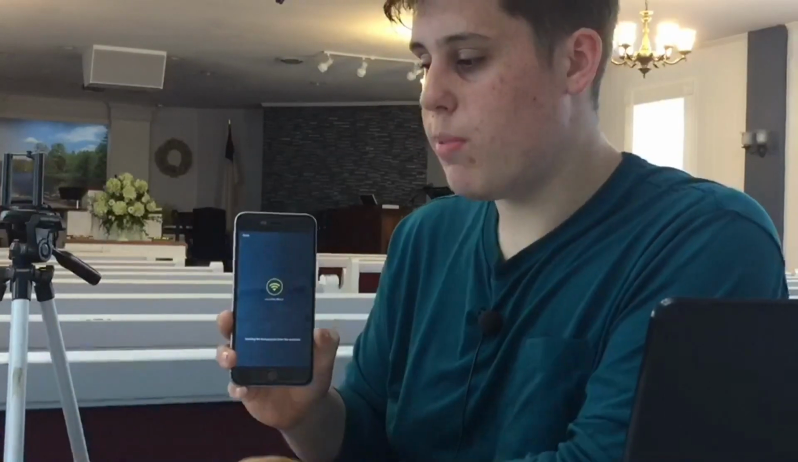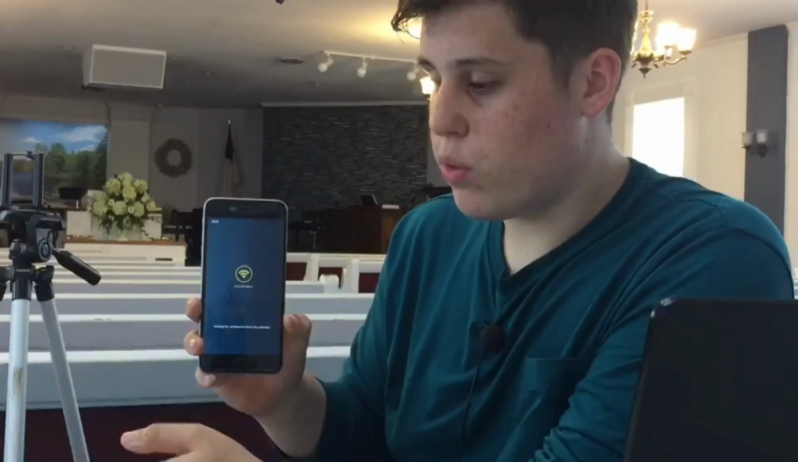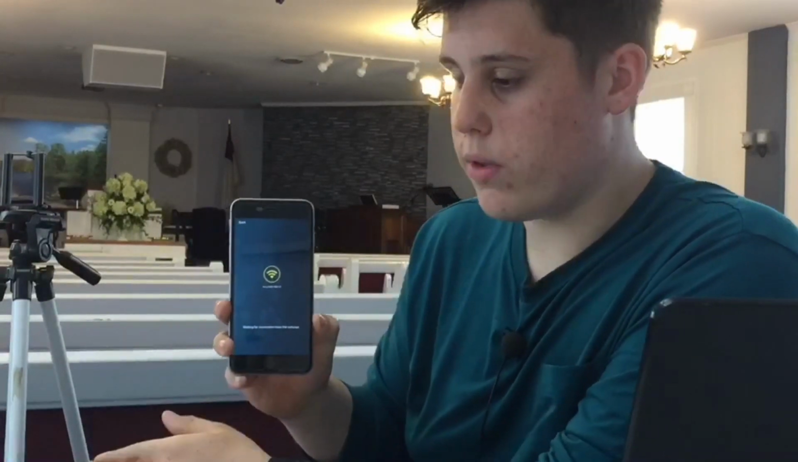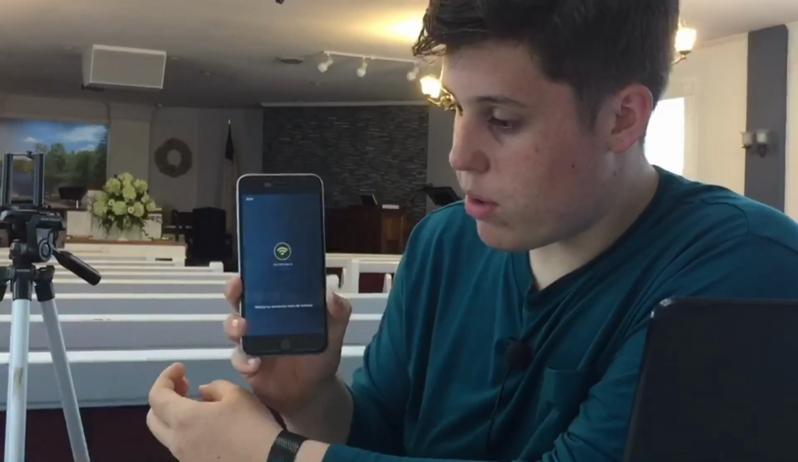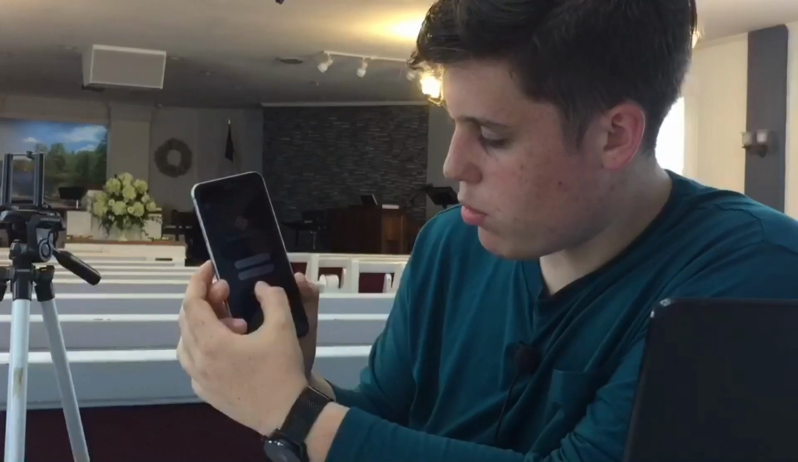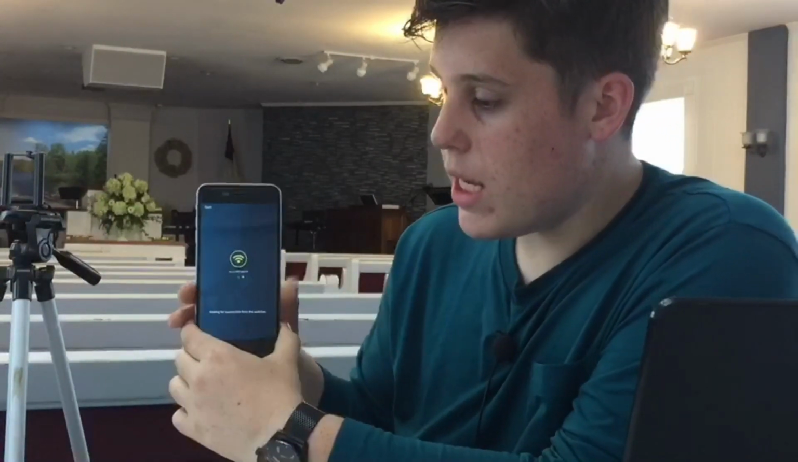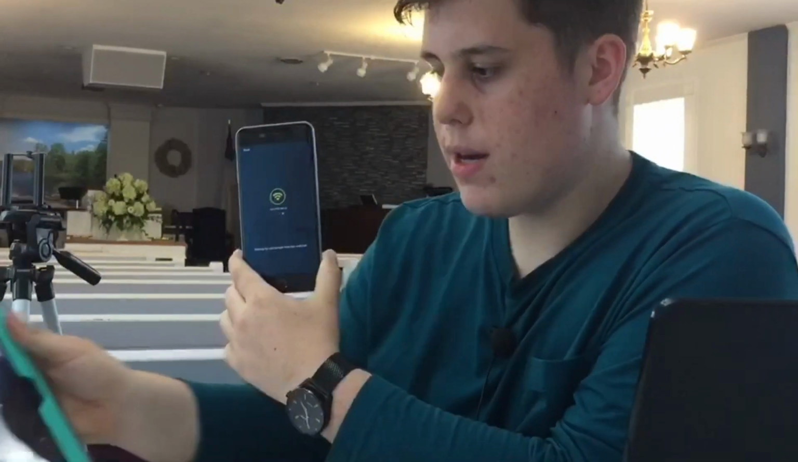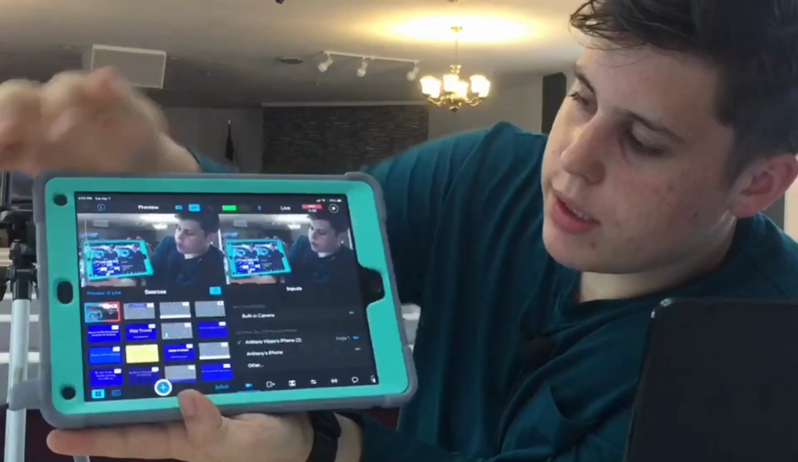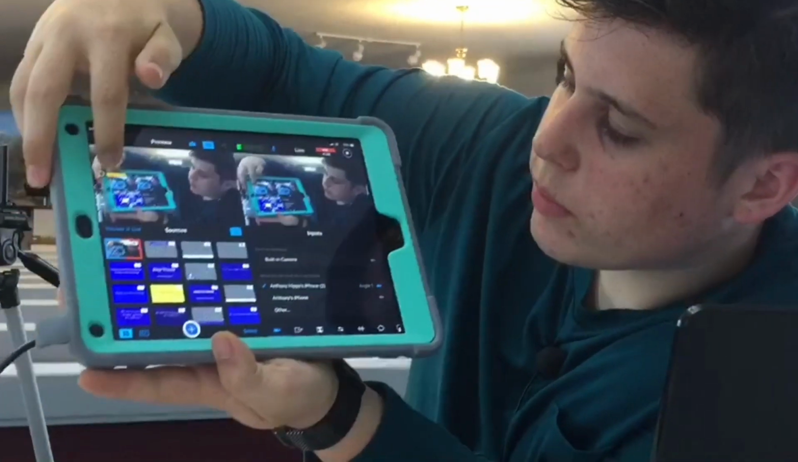So go ahead and put them on the same internet connection and open up Switcher on your Switcher device, so your iPad or phone, whichever you're using for that, and open up Switcher in all the other camera devices, like this iPhone, and click on remote camera mode. And it'll show these numbers. Those are important some of the time, but right now on our iPad, we can already see, let me zoom in here,